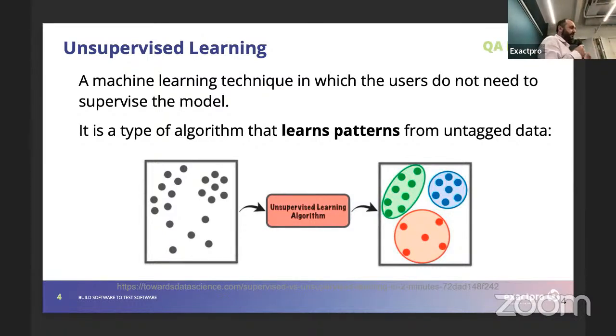So any data you have, you just feed to some algorithm. And then as a result, you get some analysis. So definition: a machine learning technique in which the user does not need to supervise the model. So everything is done automatically. Okay, it's not really automatic, because usually you have, you know, do you remember this photo of